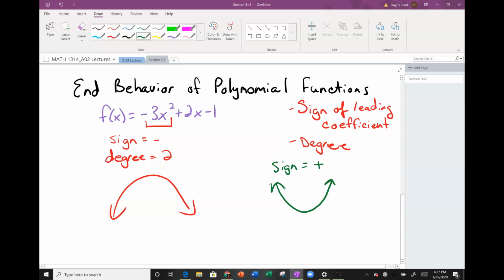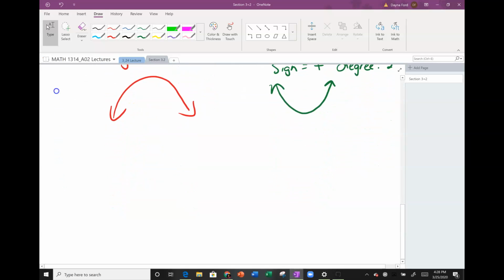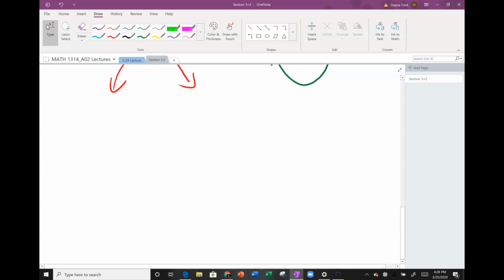And if we think about a parabola, they both have degrees of 2, so they have even degrees. So if we're talking about the end behavior for any polynomial, the rule becomes for even degrees,